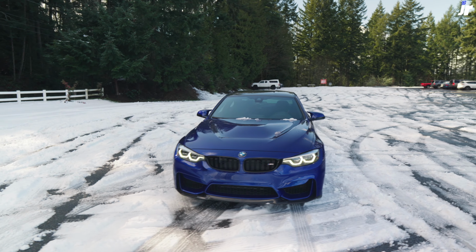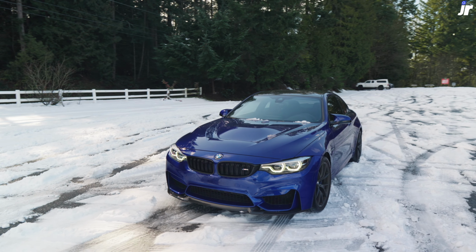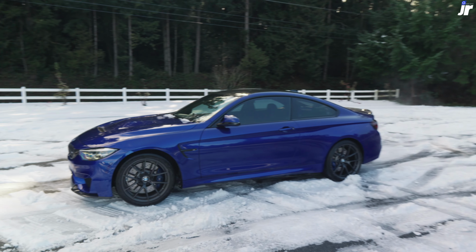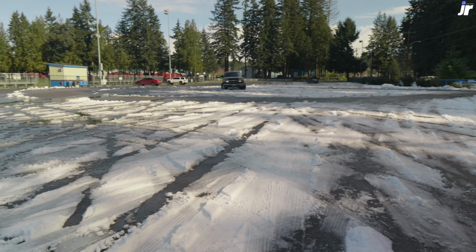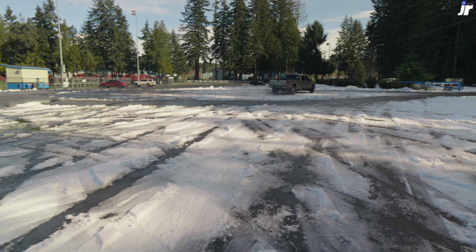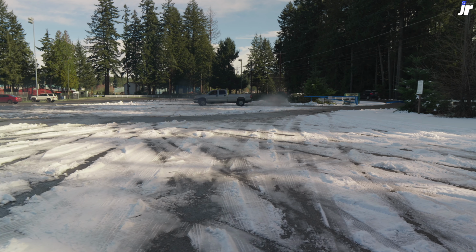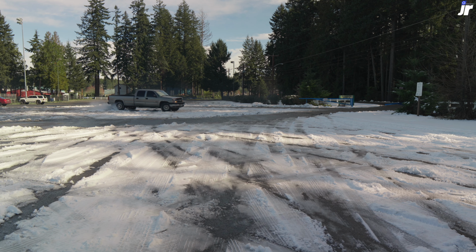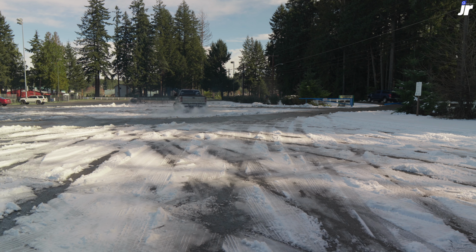This isn't too bad. This part doesn't get hit by the sun, so it's still covered in snow. This part over here is starting to melt, so we'll get out eventually. As you can see, Summer Tires Club. There you go. Get some. Everyone trying to get their donuts in before all the snow melts. It's supposed to snow tonight, but